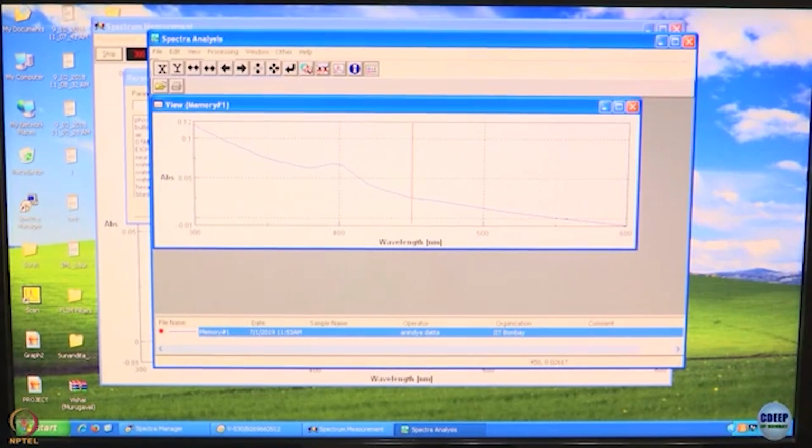So, here we have recorded the baseline. Now, it is stored in the system and we define it as the 0 line. So, in all subsequent measurements that we do here, this baseline is going to be subtracted from whatever we get, and you will get a corrected absorption spectrum. Okay. Last point to note here is